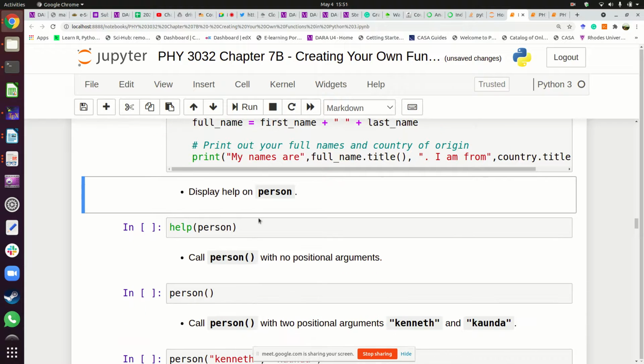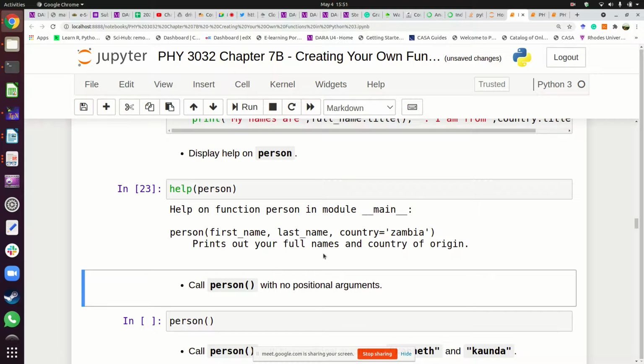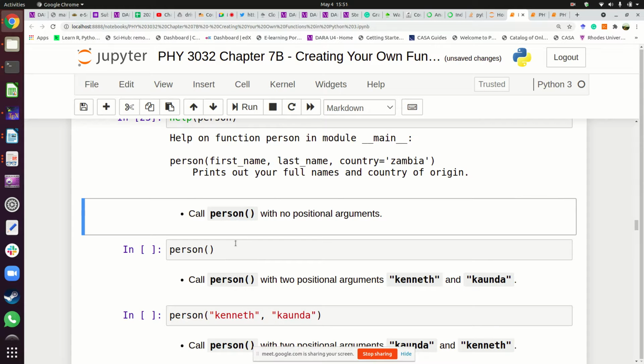Let's run it. So we ask for help. So print out your full names and country of origin. So as you can see,